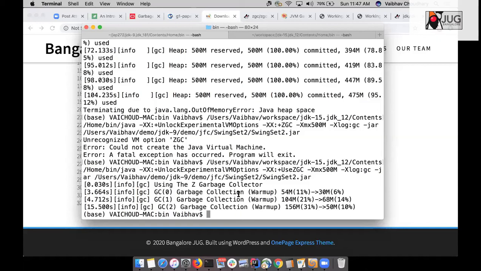And if you are running a normal kind of application with 1 GB, 2 GB, 3-4 GB of heap space, where heap space is very important for you, then better go for ZGC. If you are running a few older applications with either CMS or the parallel GC, and your application is working fine, let it work fine, no need to touch and tune it. So this is how things are.